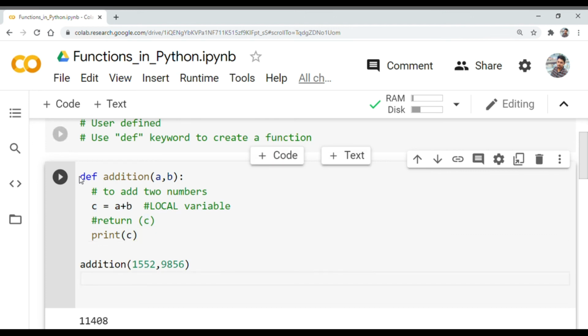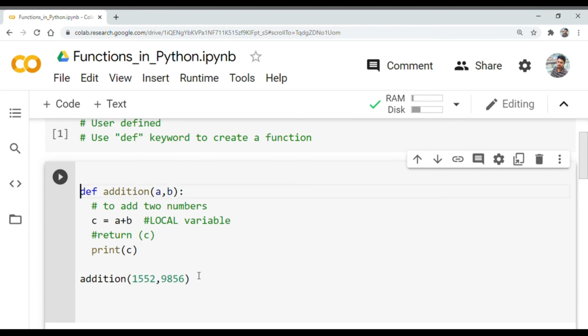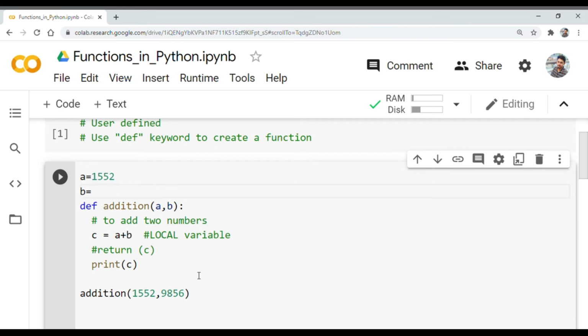So this is how we create functions. The main purpose of these functions is reusability. Let us try something new: let's give two variables a and b, remove these two values and replace them with a and b. The answer will be the same. But if you observe carefully, we have used a and b two times. In the above statement, a and b are like global and local.